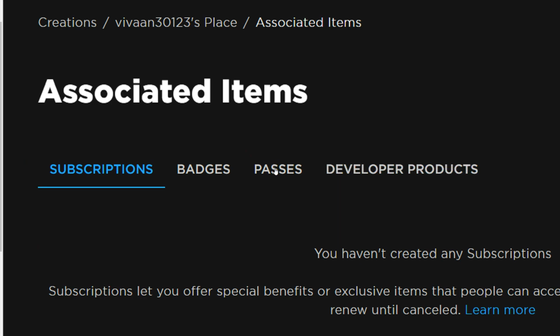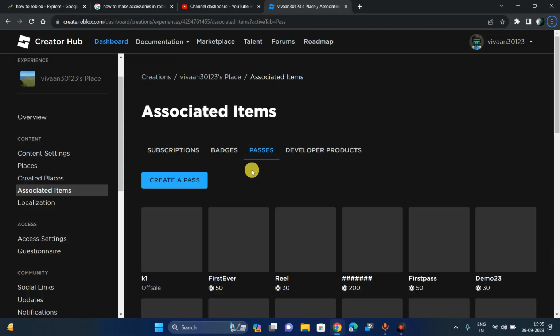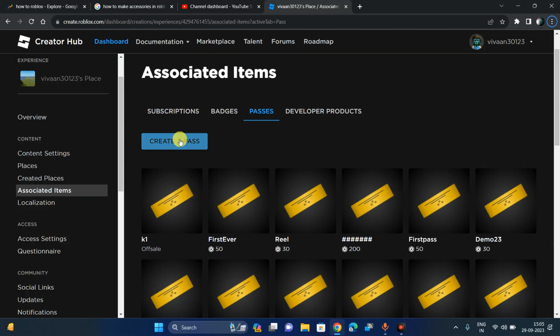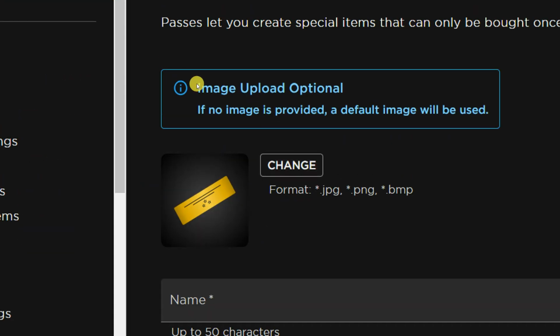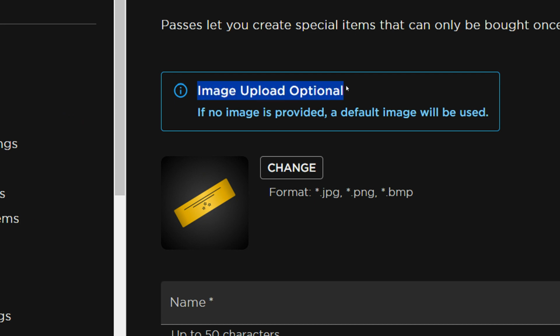And now you have to click on this Passes. So the game pass will be here. Now you just need to click on this Create Pass to create your game pass. Uploading an image is optional, so you can leave it. If you want to change it, then you have to click on this Change button, and the format must be